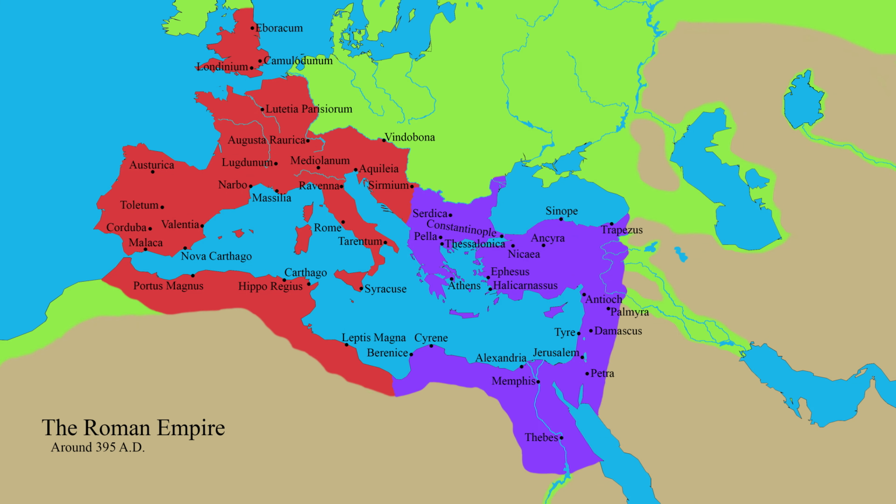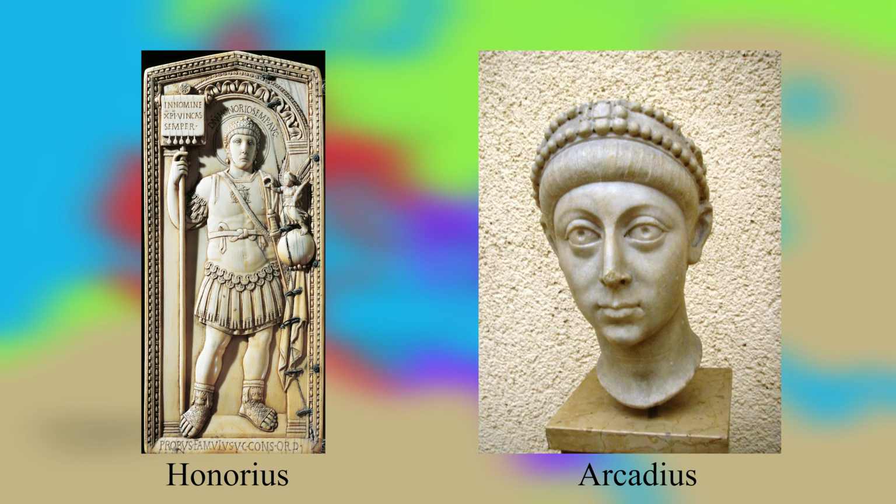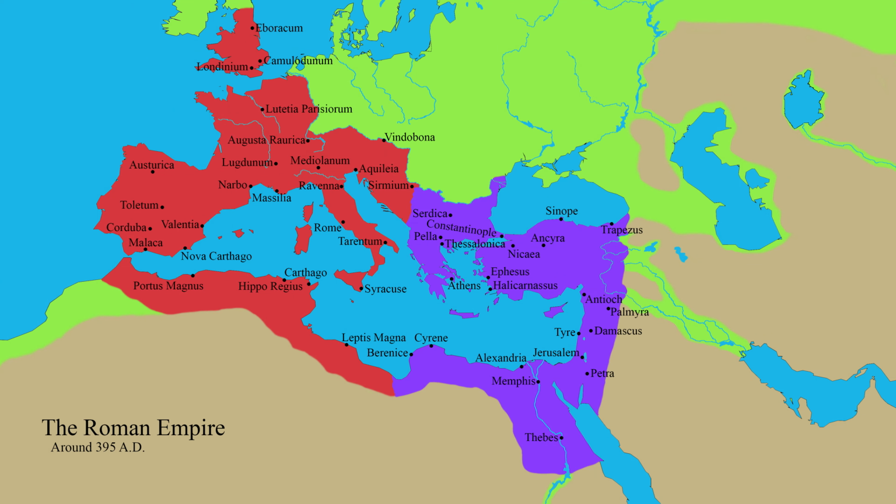Number 10. The fall of the Western Roman Empire. The year 395 would mark the permanent split between the Eastern Roman and Western Roman Empire, when Theodosius the Great passed away and his sons Honorius and Arcadius inherited one half of the empire respectively. Due to various factors, including barbarian invasions, the central government of the Western Empire would grow gradually weaker and began losing territory to said barbarians.